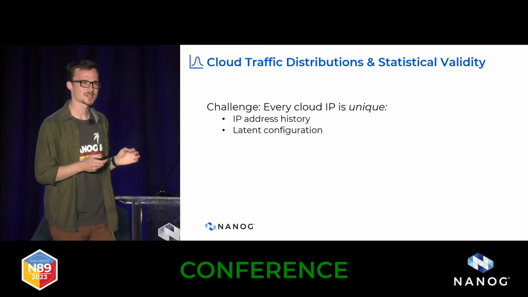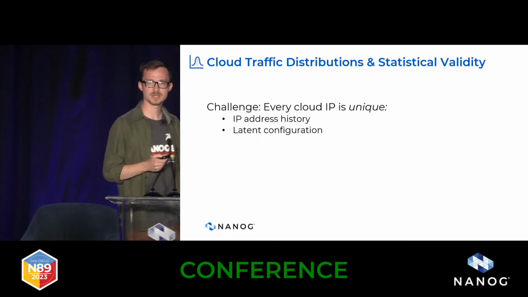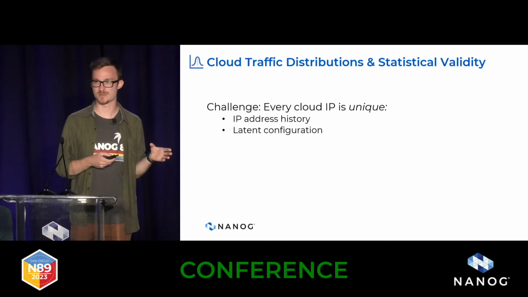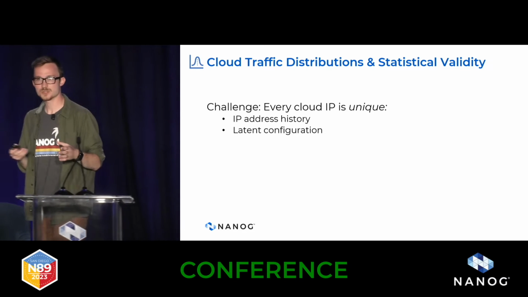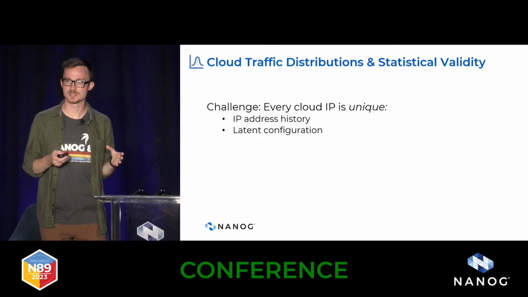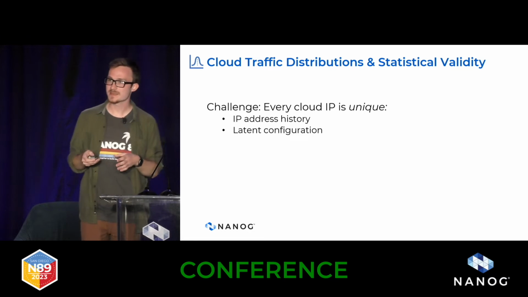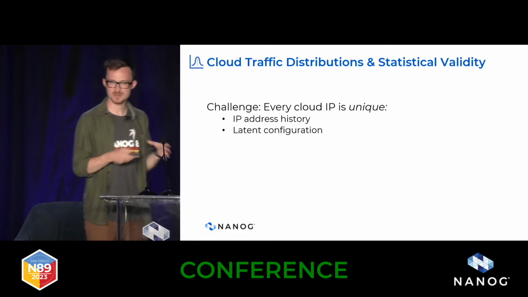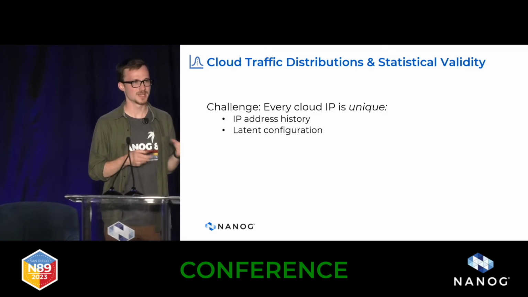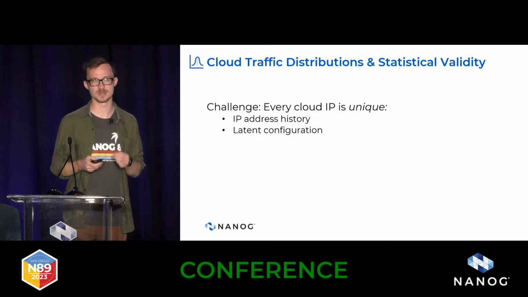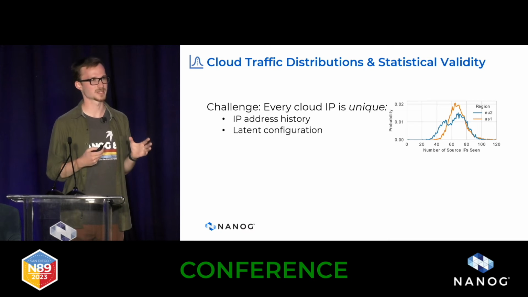The challenge here is that every single IP address on a public cloud provider is unique. The cloud provider bought it at a different time from a previous provider, and dozens or maybe even hundreds, thousands of services have been deployed on that IP address since it was acquired. And so the way that adversaries target each IP really depends on that rich history, including the types of configurations, think things like DNS records that are associated with the IPs. Let's look at an example.